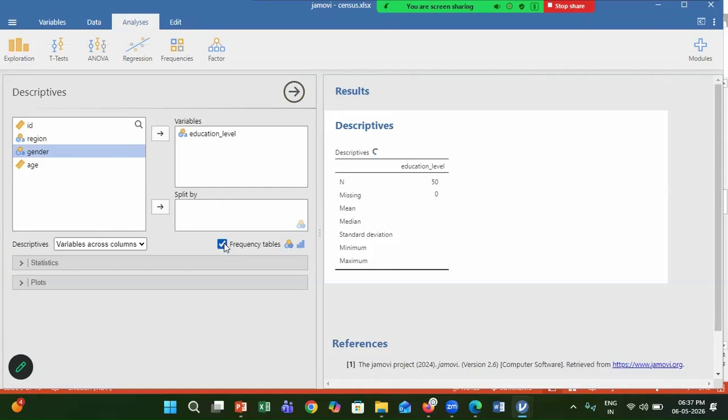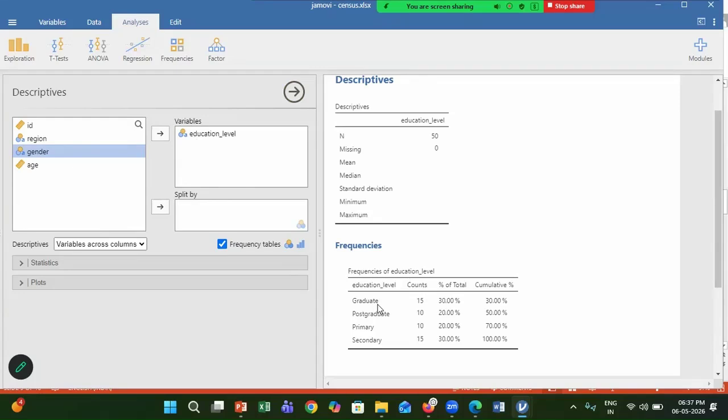Click on frequency table, and graduates are 15, postgraduates are 10, primary level students are there, and secondary level also 15 students are there. So this is the count column. Even percentage of total is there as well as cumulative percentage column is also there. We can click on this image for copying and then you can paste it and interpret in your report.